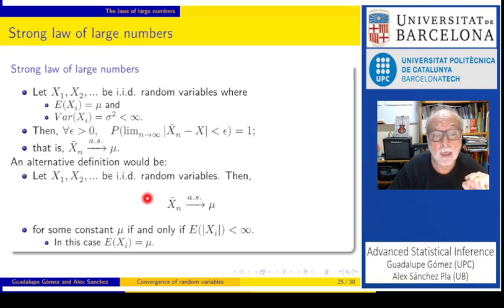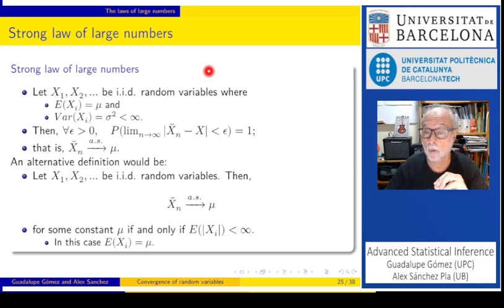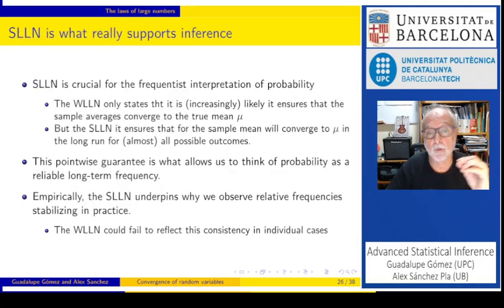Okay, this is an important result, although I said that we will not discuss much about almost sure convergence, because essentially what allows us to use the large number principles in statistics, what allows us to say that the probability can be approximated by the long-term relative frequency, is the strong law. If we only had convergence in probability, all these results would not necessarily be valid. So we can say that the strong law is crucial for the frequentist interpretation.